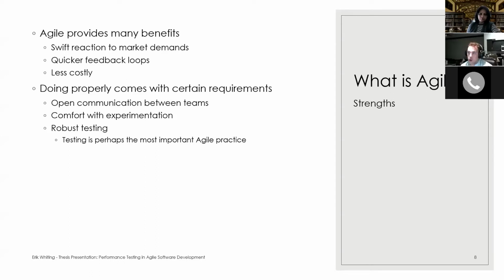To do Agile properly, there's a few things you have to do. You have to have really good communication between your teams. So the developers and the business teams, they have to have a good means of talking to each other. You have to be comfortable with experimentation. And most importantly, you have to have really good testing. So we want systems that we build in Agile methodologies to be well tested, so that if we do have to shift focus or change things or experiment, we have a good test suite that tests the software and makes sure that we haven't broken anything. And that's really important when you develop Agile software, is having good testing.